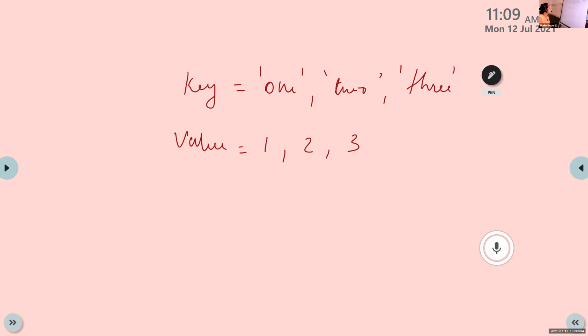Write a program using dictionary. Key it is 123. Value it is 123. Digit 123.